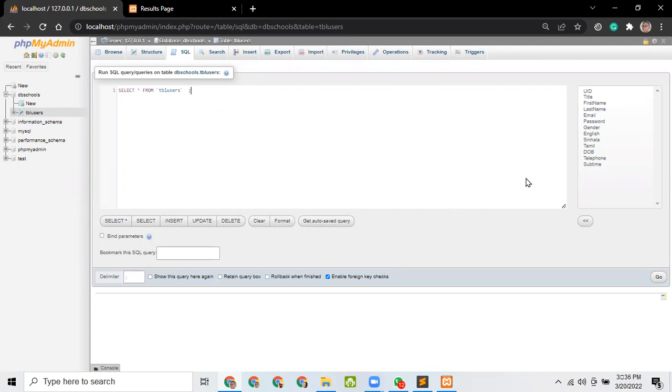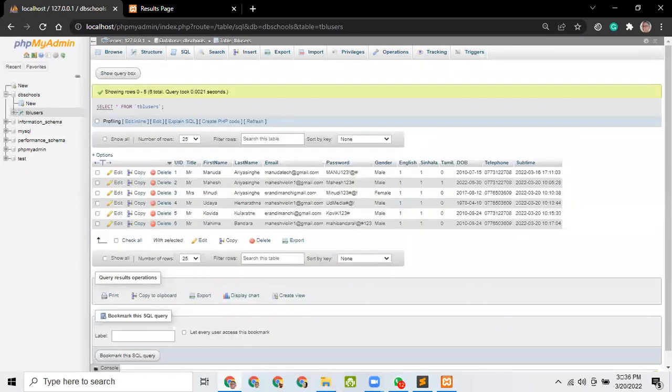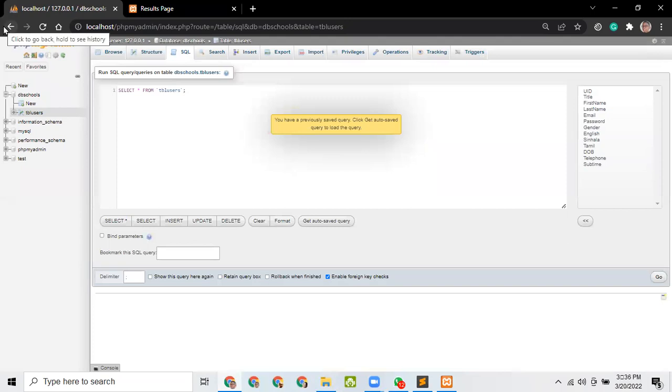Run, click on go. Okay, you can see all the results will be there. Now again go to the SQL or edit the code, edit the SQL, there is an edit button on top. Okay, now in searching we have to give a special clause. Let's say select all from users table users space